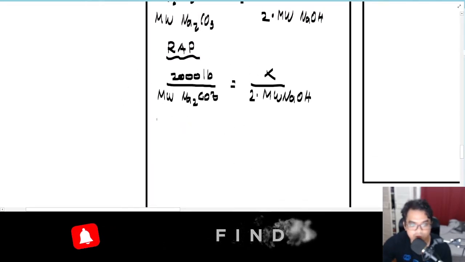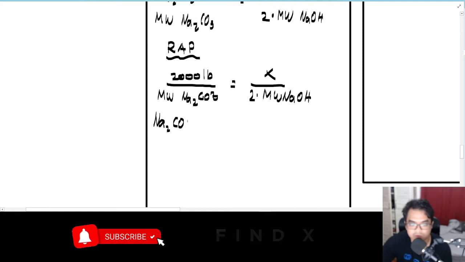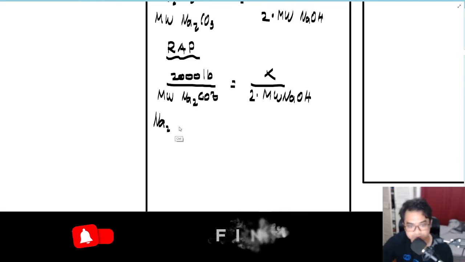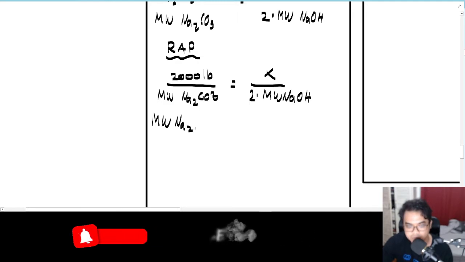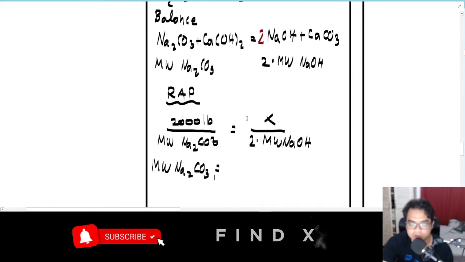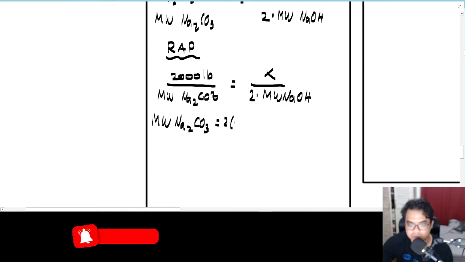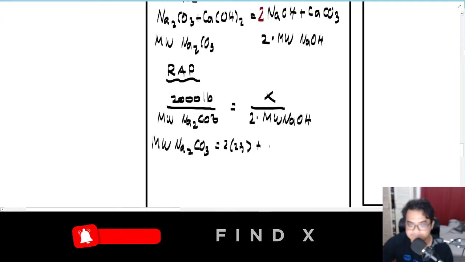Getting the molecular weights of Na2CO3. The molecular weight of Na2CO3 is equal to, do we have some givens? Na is equal to 23. So we have 2 times 23 plus carbon. I think carbon is 12. 12, and then oxygen 3 times 16